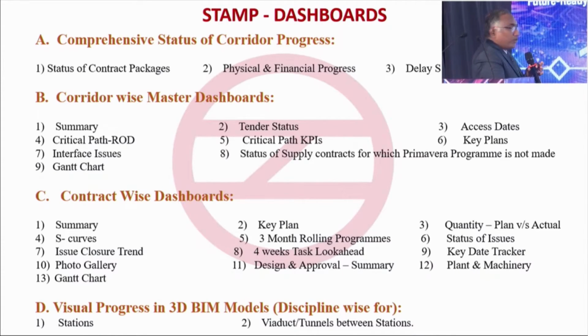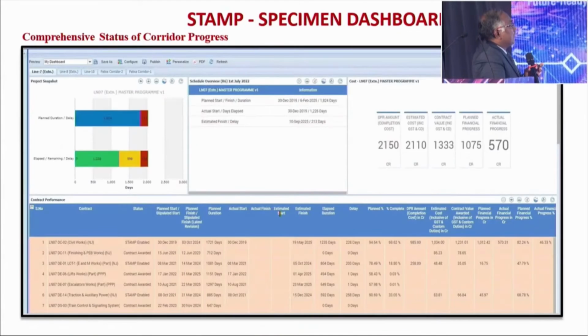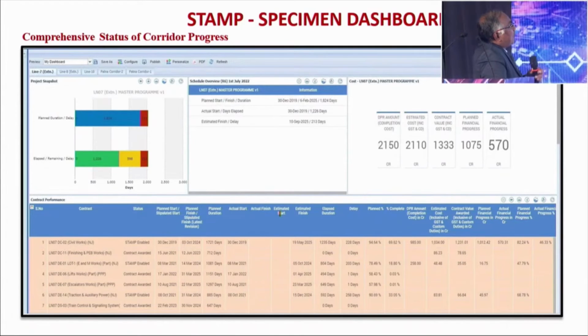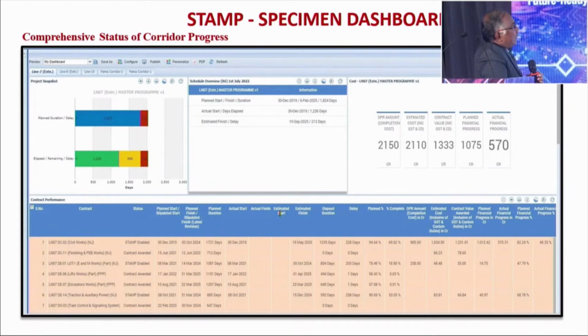And visual progress is in 3D BIM models. So these are some dashboards of the STAMP, which you have corridor-wise. If you see in the middle, the planned start of the corridor and the duration of the corridor is given, and then the actual start and the days elapsed in the second row. And the third is what the estimated finish is and what the delay of the project is till